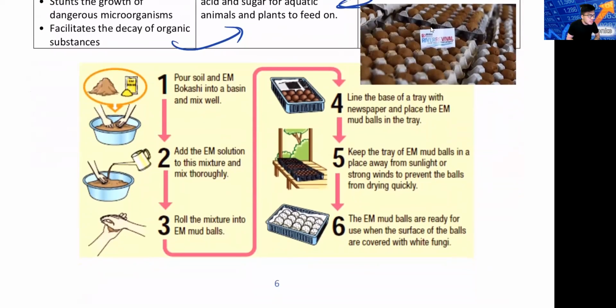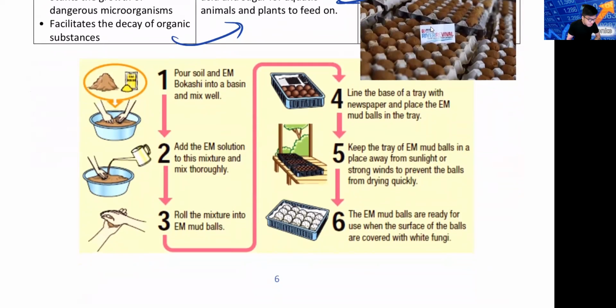So this thing is really easy to make. You just mix in a basin, you add water, you mold it into a ball, and the good thing about this ball is it can be stored. Whenever you need to clean water, let's say you have a tank of water, let's say now you're in an African village, there's no water filter available. You just throw one ball in. This ball will clean. You wait for a few hours for them to clean the water.